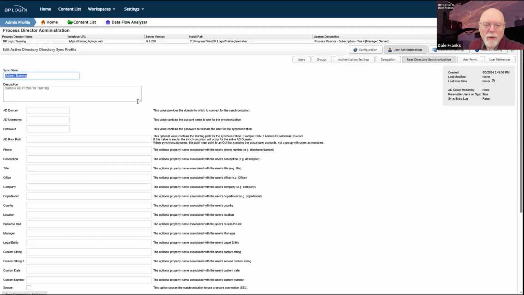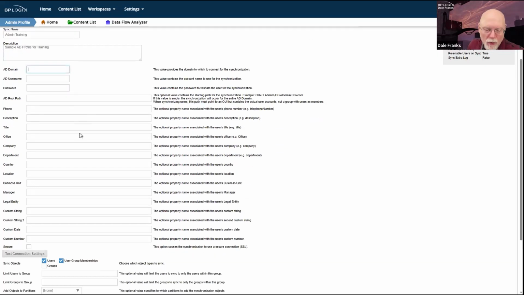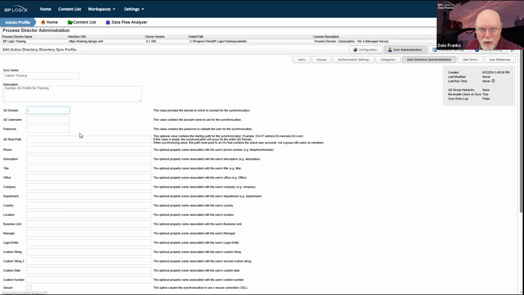The Active Directory sync profile, at minimum, is going to need a couple of things. It's going to need the Active Directory domain that you're going to synchronize, which means it needs to contain the full domain, even down to the OUs that are in Active Directory. If you don't know what an OU is, don't worry, neither do I. It's just part of the domain. I see it all the time.